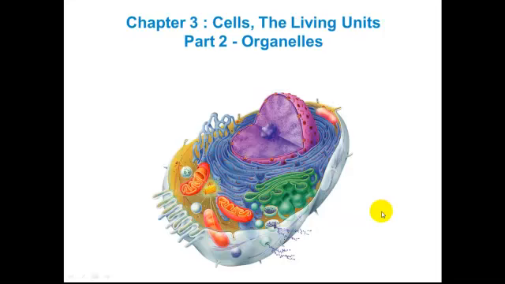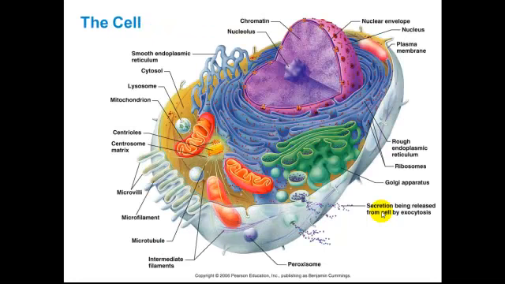This is Chapter 3, Cells: The Living Units, Part 2, the Organelles. So to quickly review, in the last lecture we looked at the plasma membrane, talking about the different functions of proteins within the plasma membrane, including intercellular joining and membrane transport. Today we will return to this general cell model, and we're going to discuss the different components of the cell,